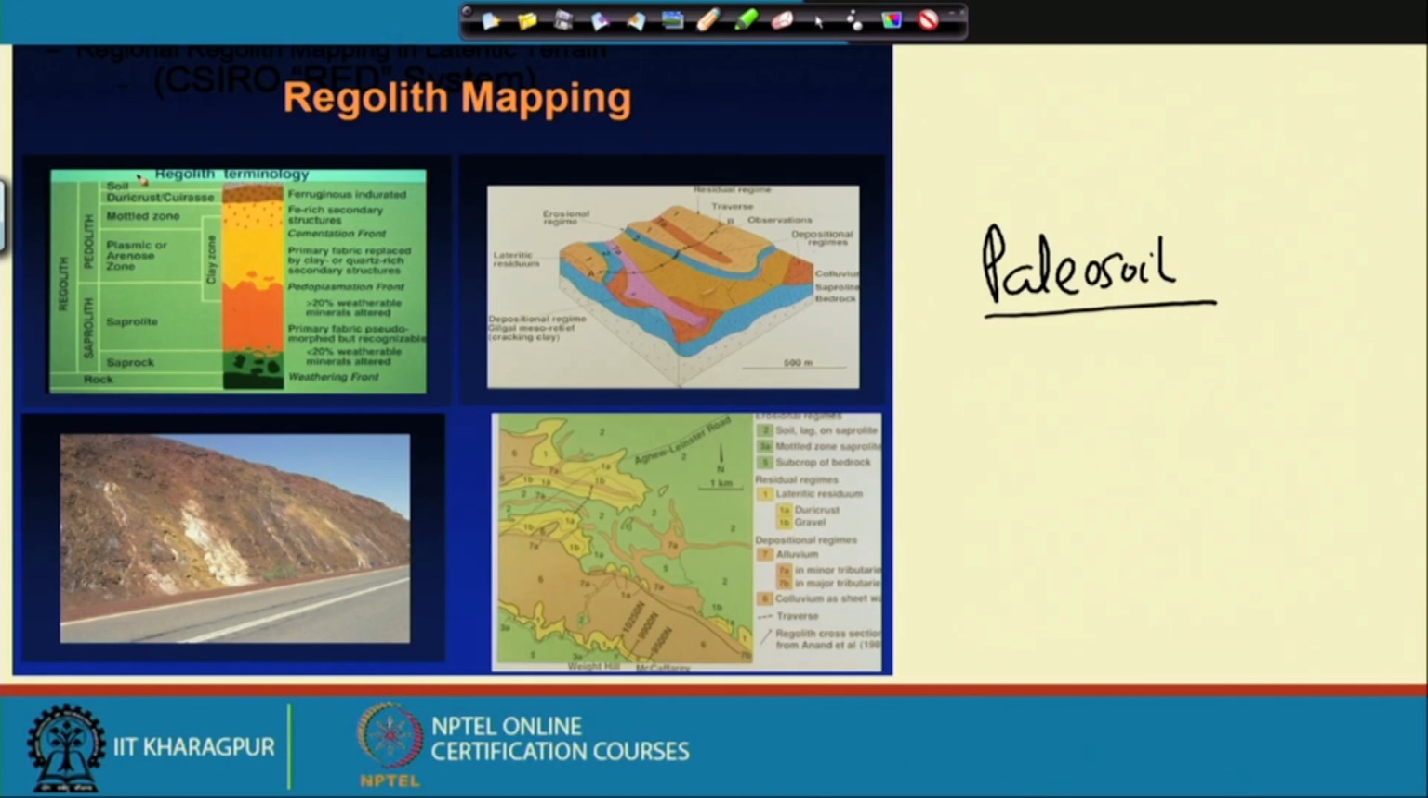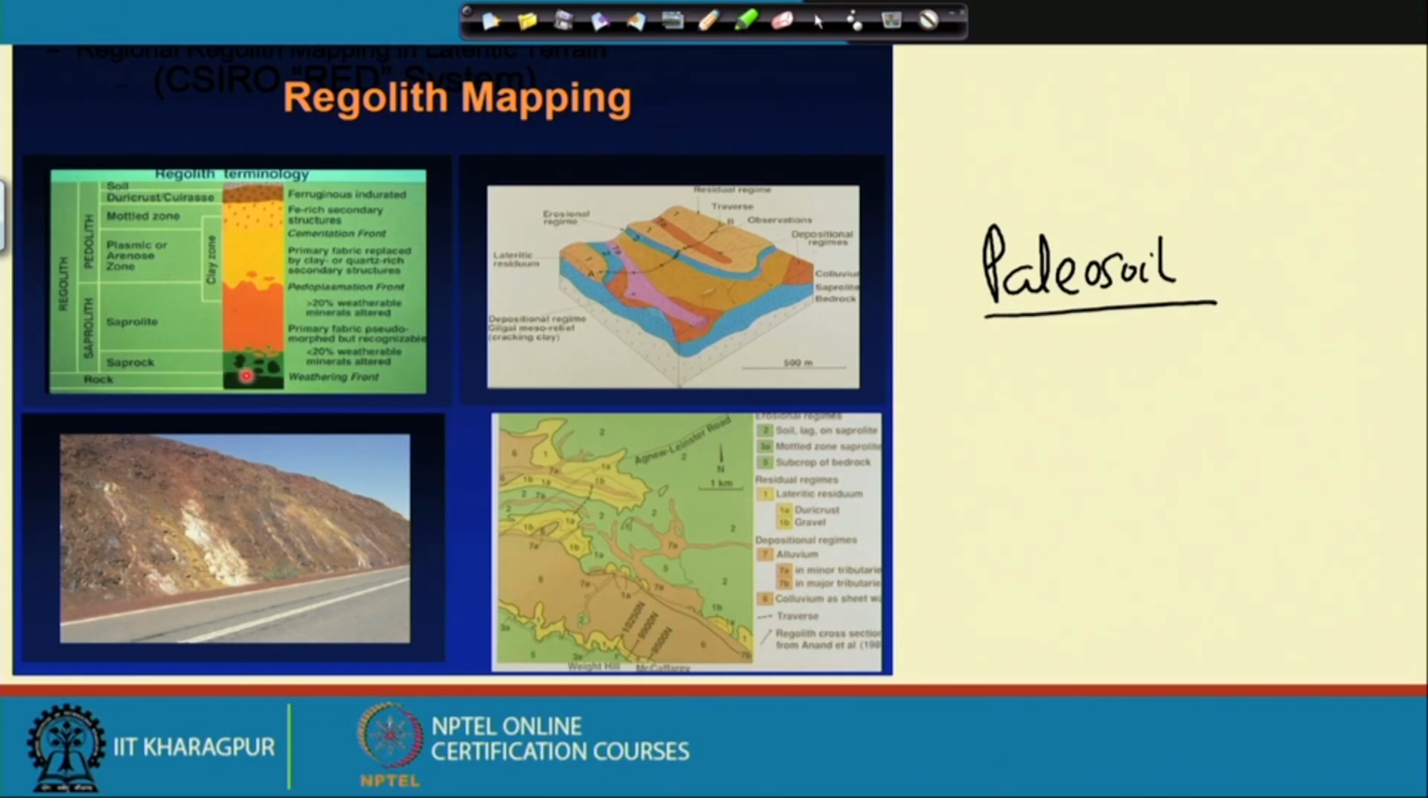And here we could see one of the regolith profiles. So, the regolith is broadly divided into a saprolith and pedolith. Pedolith essentially is the soil part of it, and the saprolith is the altered rock part of it. And like the soil profile, at the base of it is the rock, which is the unweathered part of the rock, and just above the rock is the saprolith layer,